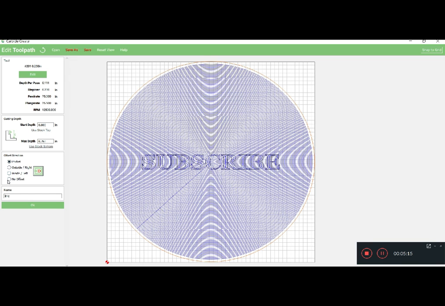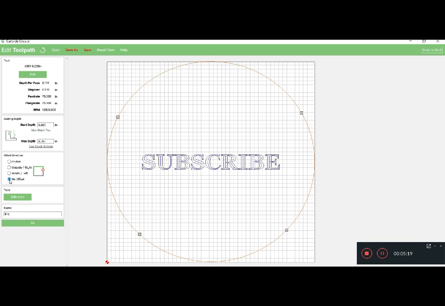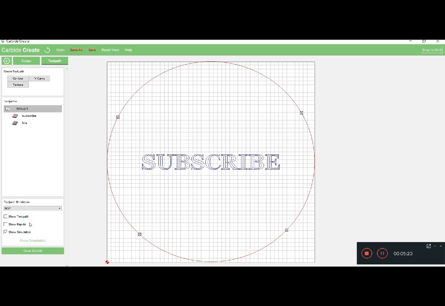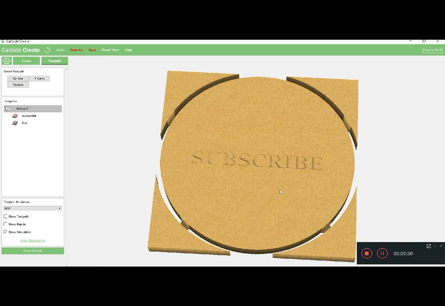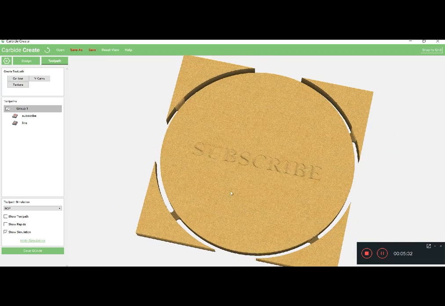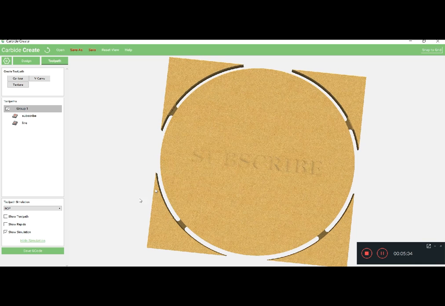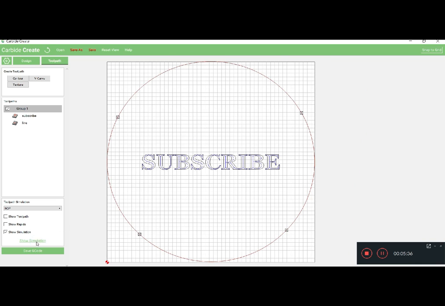But we're not doing that. We're just going to offset. Remember, we already set this up, and we're just going to hit OK. Let's hit show simulation again, and that's it. So now all we have to do is we're going to save the G code. So we're going to hide the simulation. All we're going to do is hit save G code,